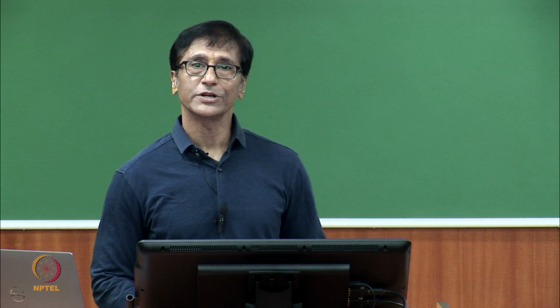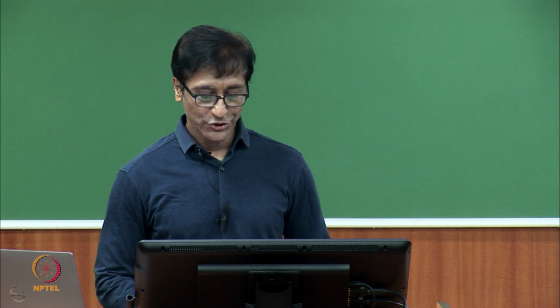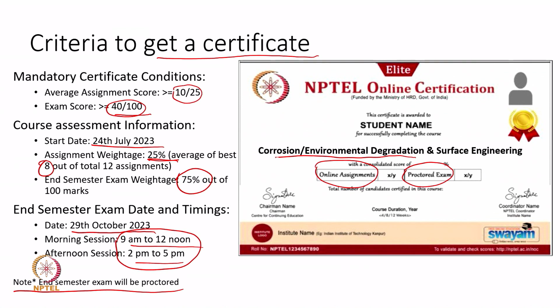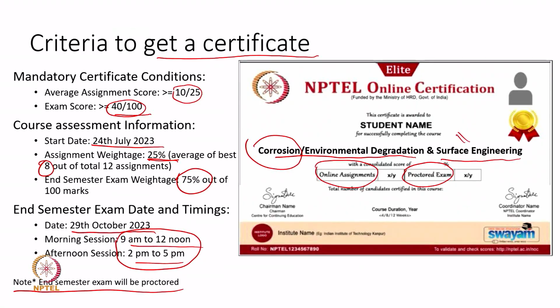So, this is all about our proposal for this course. The name is Corrosion and Environmental Degradation. We are saying that corrosion is going to play a major role. Environment is a bigger domain, but in this case we are giving more emphasis to corrosion, and we are also giving a lot of emphasis to surface engineering. To bring about a sustainable environment, we should use surface engineering in an effective manner and minimize the degradation